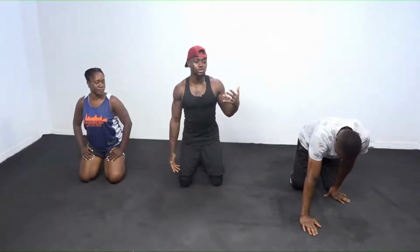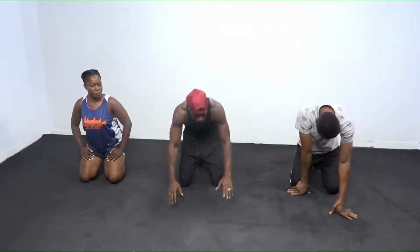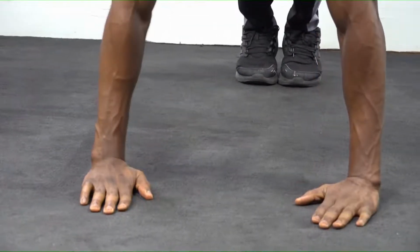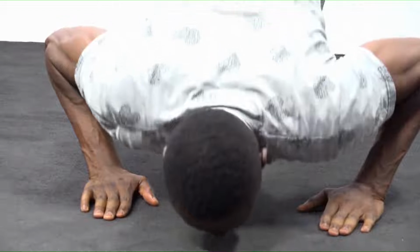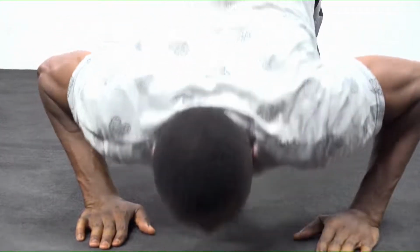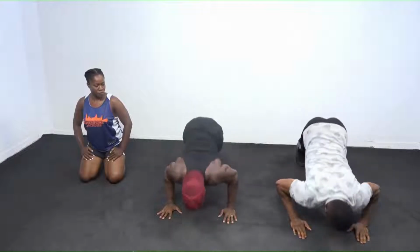You could do like 10 reps for male. For the female, you could do 5 to 8 reps as beginners. As time goes on, you get used to it, you'll be able to do higher reps. So D1, let's go. We're doing 10 reps of this. Go. 1, 2, 3, 4,